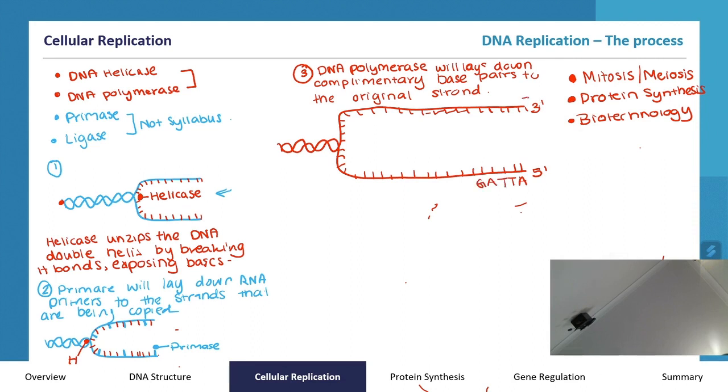So that means we have T, A, T, C on the top. What will happen is DNA polymerase will start coming in. So this is our polymerase, and joining up complementary base pairs to the template strand. So it'll say, okay, if this is a T, you get an A. This is an A, we get a T. We then get a T, another A, and then a G, and starts joining up all of the complementary nucleotides